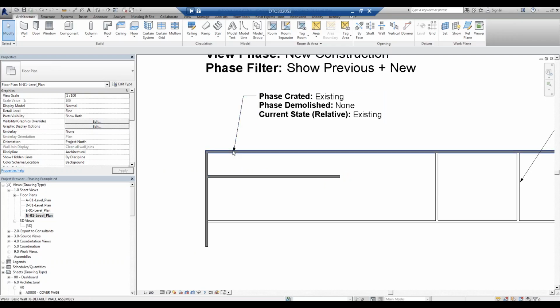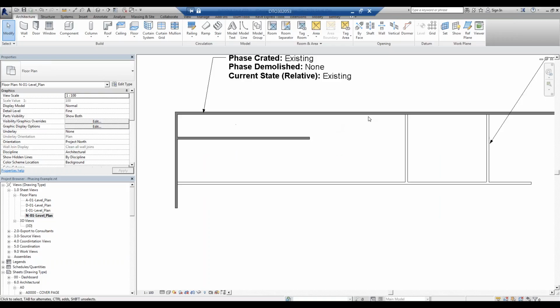So basically this is the advantage of doing phasing in your Revit model. You can control all the elements and have their overrides displayed correctly depending on what phase they are created